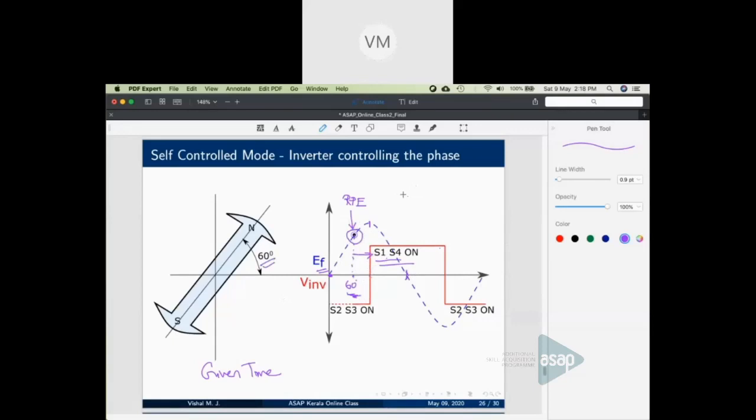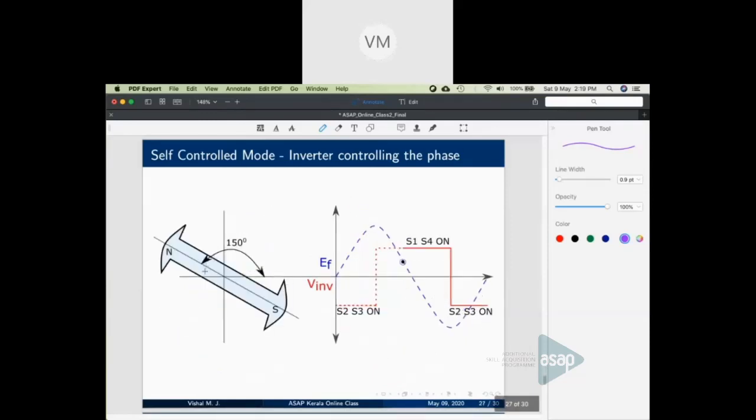Let's consider another example. And one more thing. What will be this frequency? This also needs to be calculated. Who will give that? This is also given by the rotor position encoder as d theta by dt, or your speed input. Once you know your speed, you can calculate this frequency. So you know your frequency, which means 30 degree may be, say, 1 millisecond. So you have to wait for 1 millisecond, then turn on S1 and S4, then turn on S2 and S3, like that. Consider another example where the rotor poles are at 150 degree, which means the poles are here.